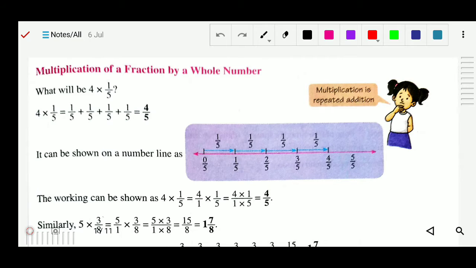In the last class, we studied multiplication of a fraction with a fraction, and a mixed fraction with a simple fraction. Now we will multiply a fraction with a whole number, as we did in the chapters on subtraction and addition. We subtracted and added with whole numbers, so now we will do multiplication with the whole number. And we know that multiplication is repeated addition.